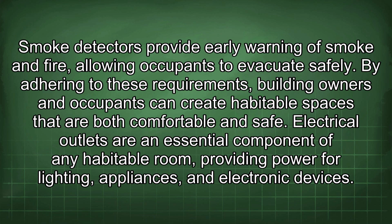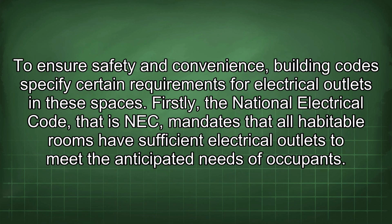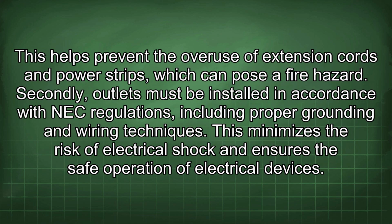Electrical outlets are an essential component of any habitable room, providing power for lighting, appliances, and electronic devices. To ensure safety and convenience, building codes specify certain requirements for electrical outlets in these spaces. Firstly, the National Electrical Code, that is NEC, mandates that all habitable rooms have sufficient electrical outlets to meet the anticipated needs of occupants. This helps prevent the overuse of extension cords and power strips, which can pose a fire